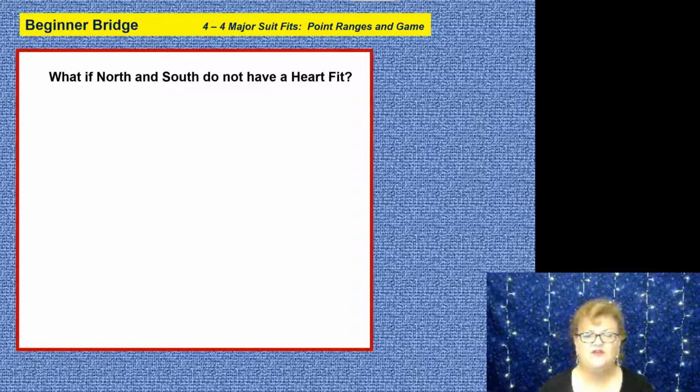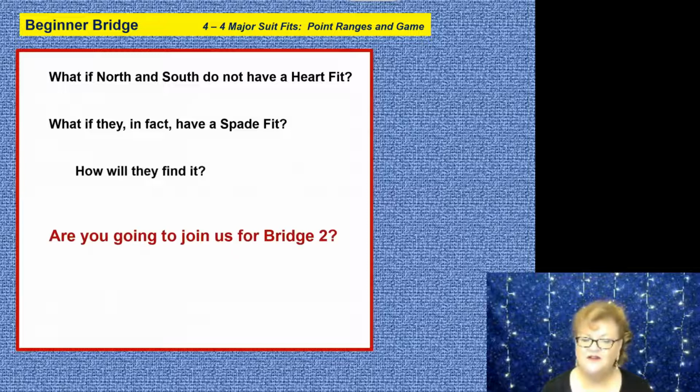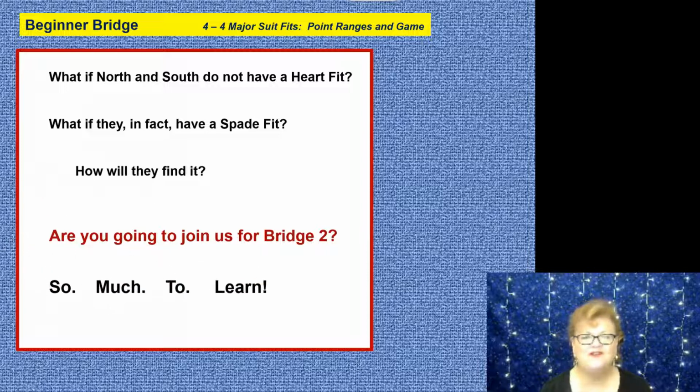What if North and South do not actually have a heart fit? What if instead they have a spade fit, but you made responder bid hearts? Are they ever going to find a spade fit? Well, are you going to join us for bridge too? Because that's what we'll go into so much more in terms of nuance. That's where we'll dive. That's where we're going to sort of separate some of the fundamentals from some of the